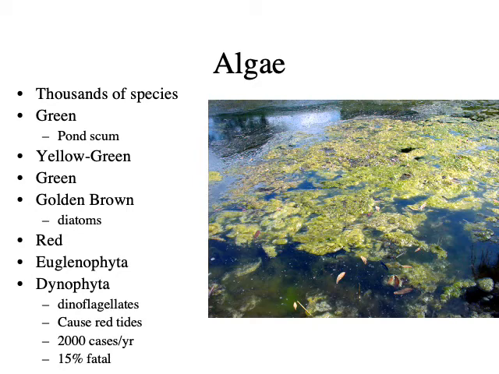The one that I want to most point out to you is the Dinophyta, which is responsible for toxic red tide events. And you should know we have red tides on the Oregon coast all the time. It basically produces a paralytic toxin that poisons all the fish, and if we eat the animals that have that toxin, we can actually get sick. It's not like we eat a lot of algae. We eat the animals that are living in the algae, and it doesn't kill them, but it definitely is responsible for a certain number of fatalities a year. It's kind of why the crab season gets postponed every once in a while. If you pay attention, it's getting more and more common.